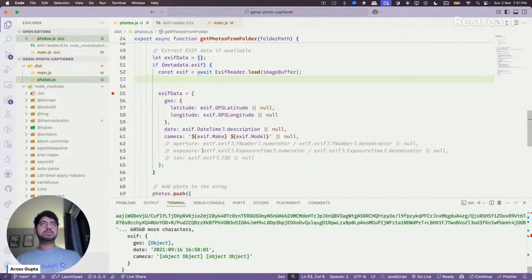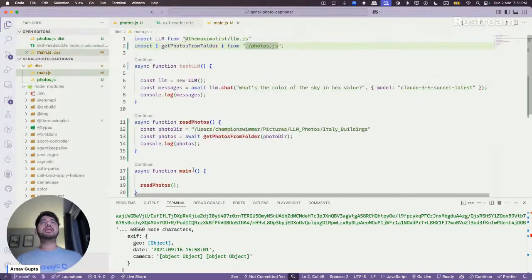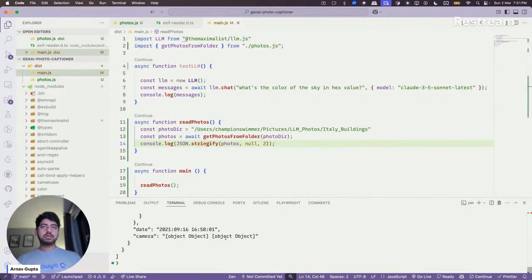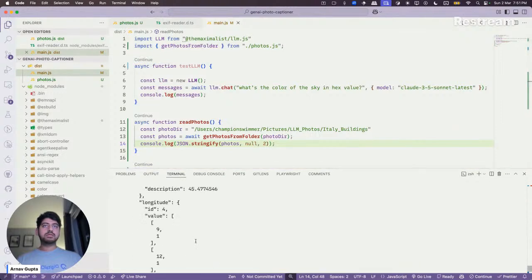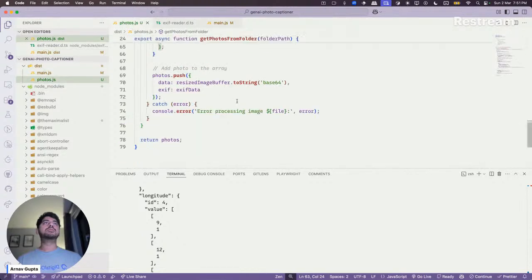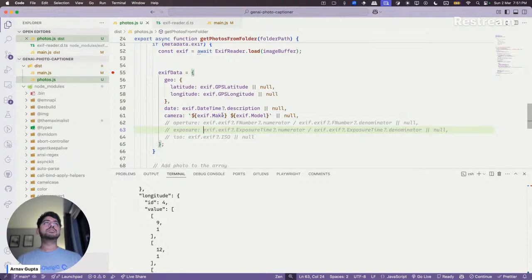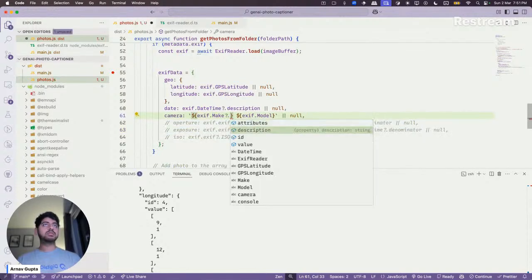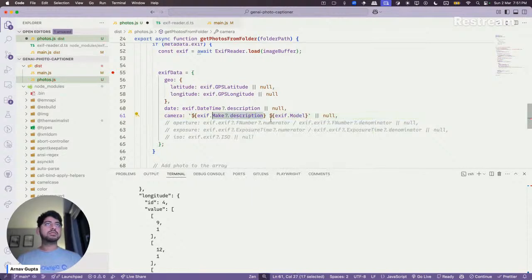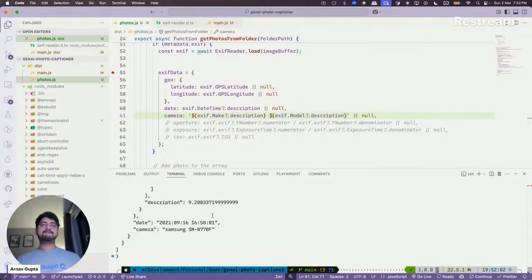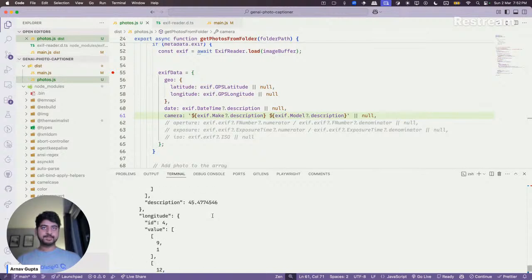Better we get this stuff. Okay. How do we work with the longitude and latitude value description?